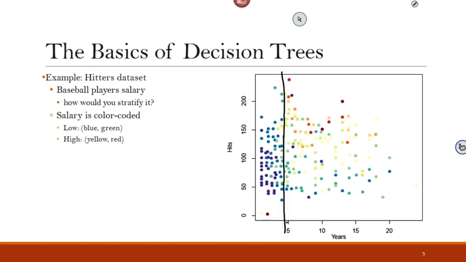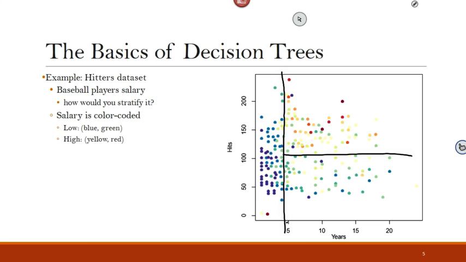So where is the second split going to be? Around 100? Do you guys agree? So we're going to use the heads as the predictor that we will select, and then we can make a split, maybe around 100. Okay, and now we have another region, right? So we have 1, 2, 3 regions. So we split the space into 3 regions.